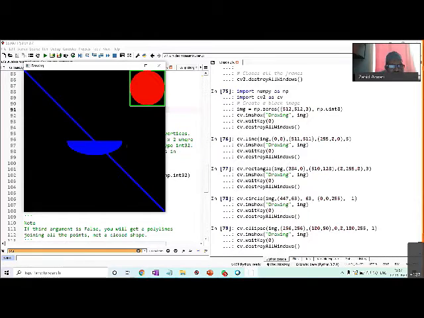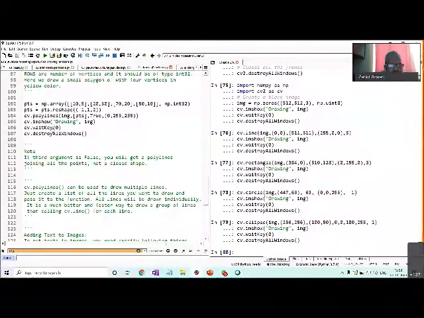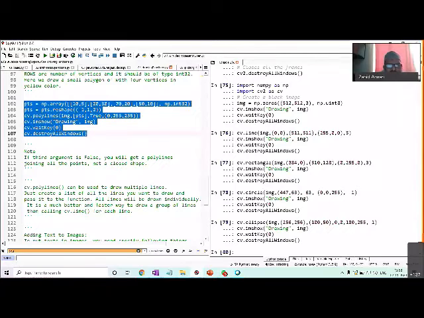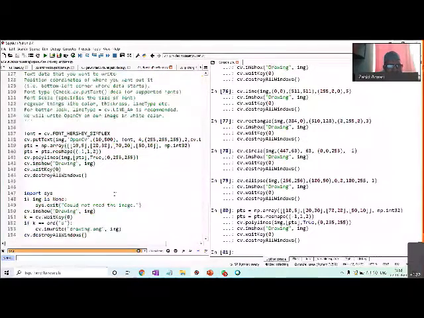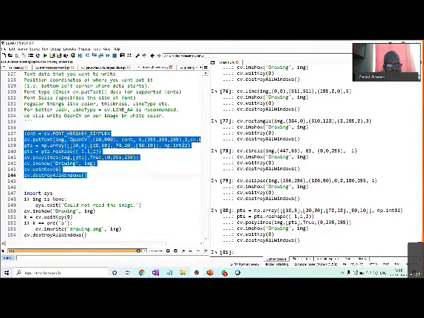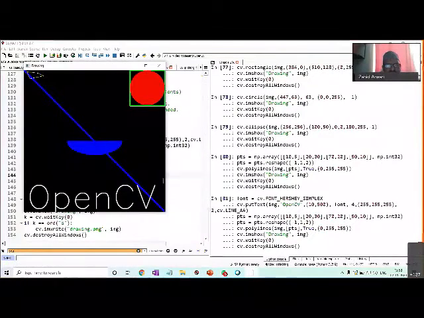Then after that, a polygon also. For a polygon, we specify the points which we want to join. So 4 points are specified over there to be joined, and polylines we are creating over here, which is this small polygon. Then finally, let's say some text we want to write on that. So using put text, with OpenCV we put the text. So the GUI drawing is very, very easy using OpenCV.